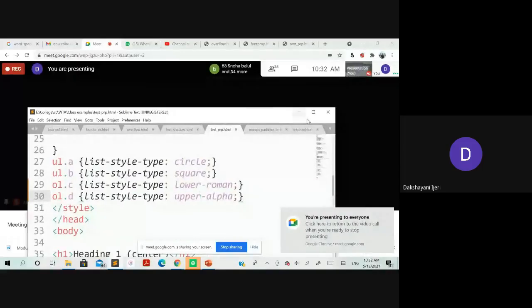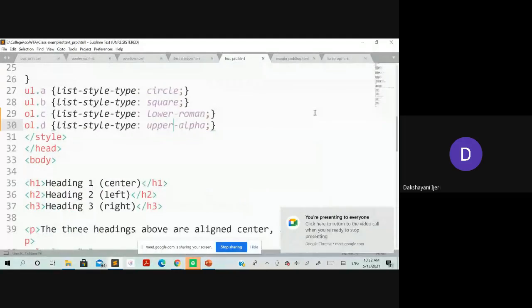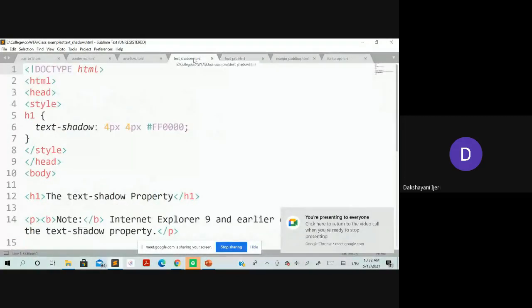So coming to one more example, the property of shadow, right? So text shadow. To this text shadow, you can see here I have taken only the H1 element to be applied as an example just to show you. For the text shadow property, the values that you have to take specify how the shadow has to appear: the horizontal positioning of the shadow and the vertical positioning.